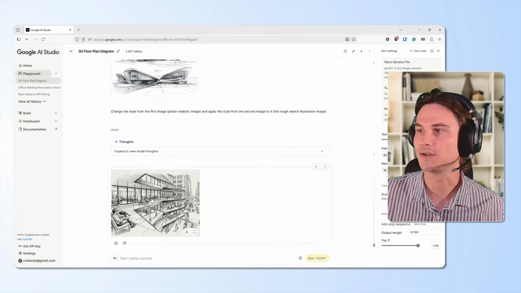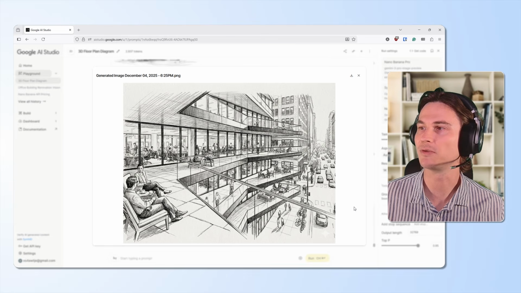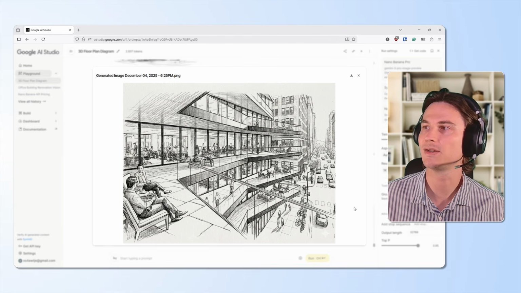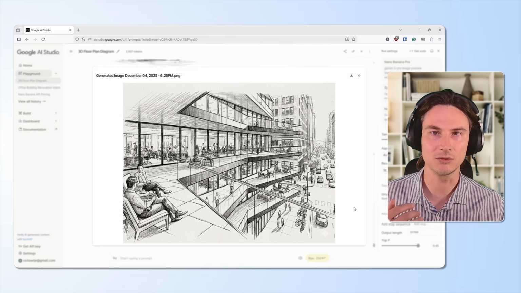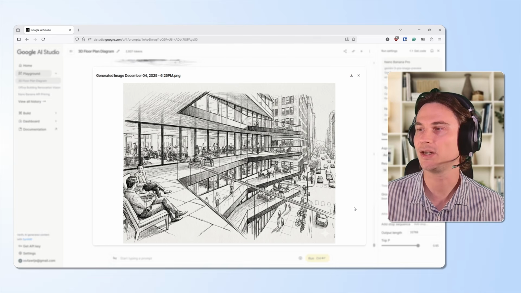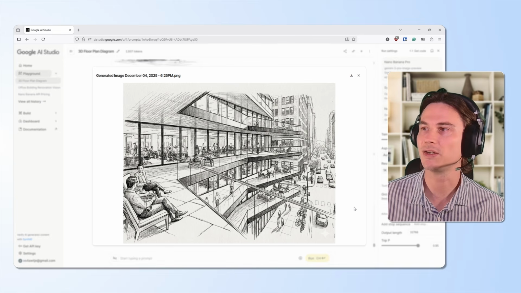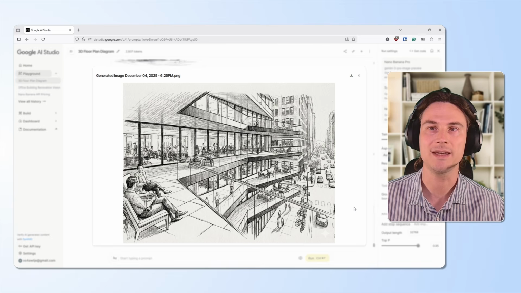And here we see the result. So again, it really applied almost perfectly that sketchy feel, that sketchy look to my photorealistic render. And this also conveys to the client, like, hey, I'm still figuring stuff out. It's sketchy. This is what I had in mind. So you kind of change the conversation a little bit and you kind of steer it the way you want